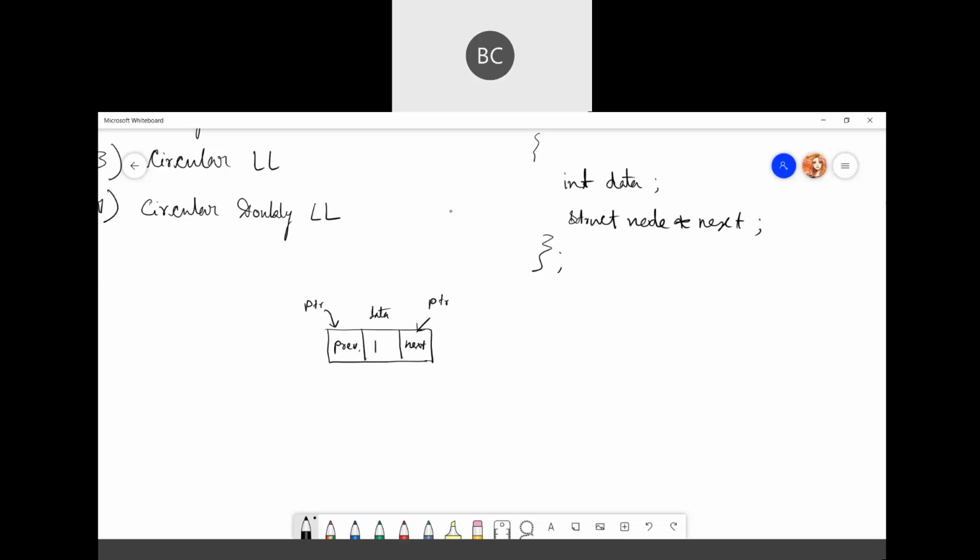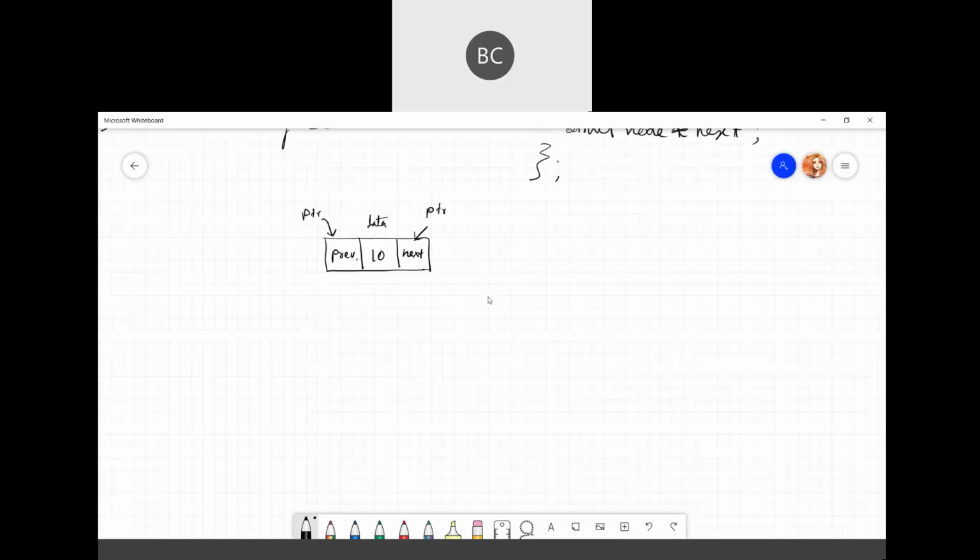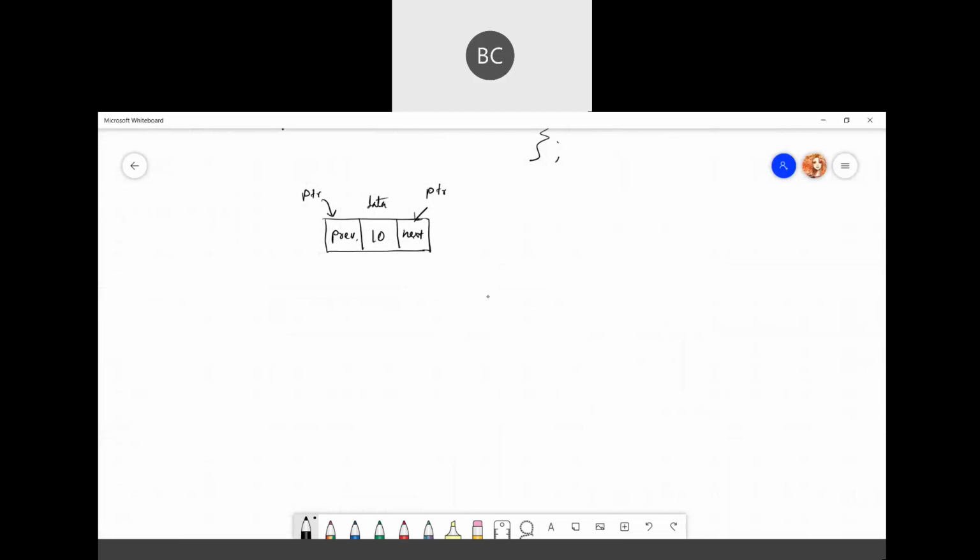Okay, maybe here we just store some data. Okay, that's the main difference between your normal singly linked list and doubly linked list. In doubly linked list we have 3 parts. Always remember that: data part and pointer part, pointer to both next and the previous node. So what happens here? Just think same linked list, 3 nodes.